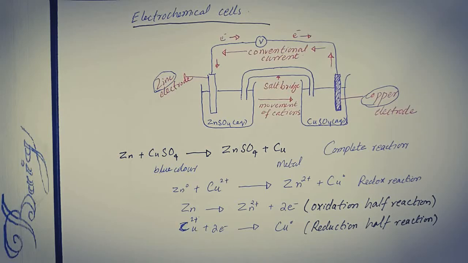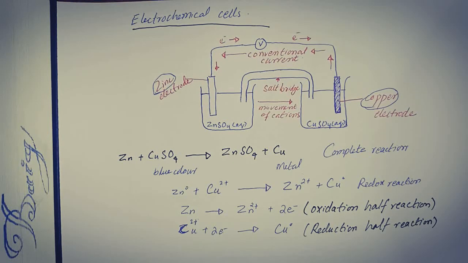Electrochemical cells. In order to understand electrochemical cells, consider a reaction between zinc and copper sulfate. When zinc powder is added to copper sulfate solution, the blue color of the copper sulfate solution vanishes and copper metal settles down. So let's see the actual redox reaction which is taking place in this complete reaction, in which